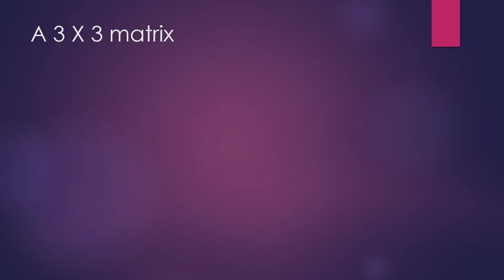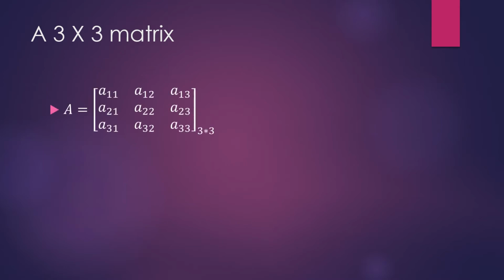Next, an example of a 3 by 3 matrix, to learn in detail about the matrix elements. See, this is the element of the first row, first column, so it is indicated by A11. This is the element of the first row and second column, so A12. This is A13, that is first row, third column. Second row, first column element. Second row, second column element. Second row, third column element, and so on.